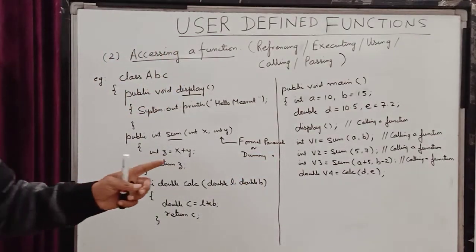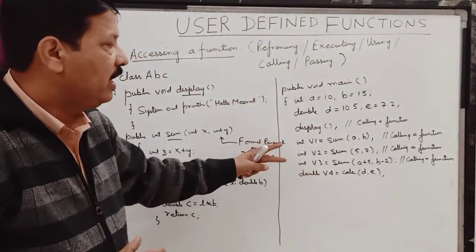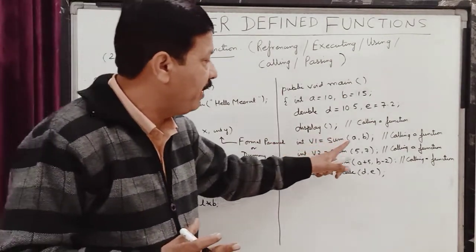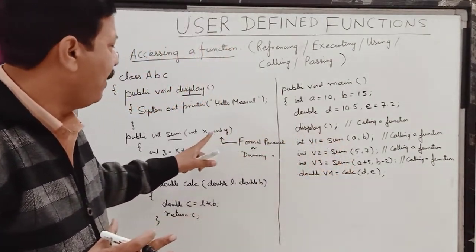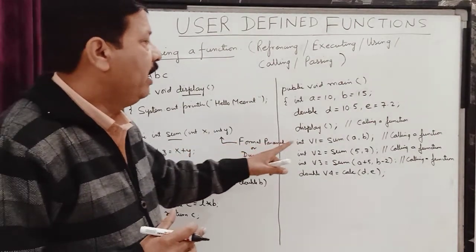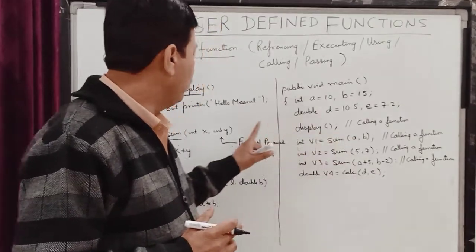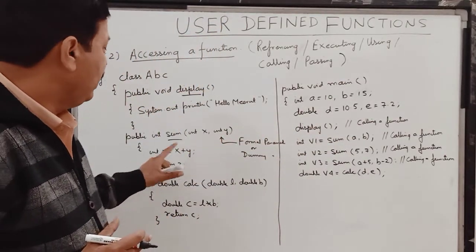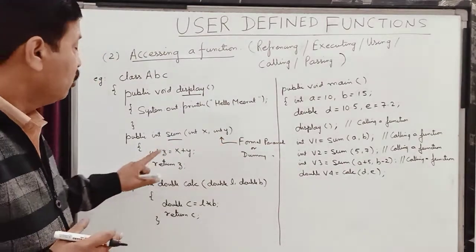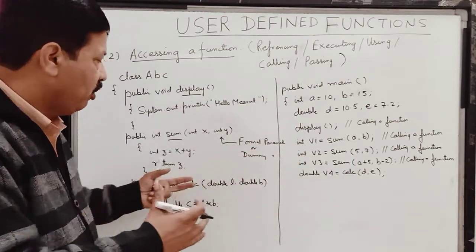But the parameters which I use at the time of calling a function must have some values in them, because these values are going to get passed to the formal parameters. So children, here the value of a is going to get stored in x and the value of b is going to get stored in y, and since this function can only access x and y, it is going to use x and y in place of a and b,